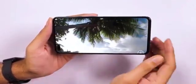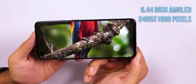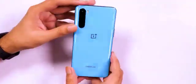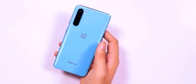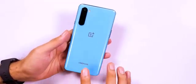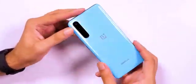As far as other core specs like RAM and storage are concerned, the Nord would be available in 3 variants. 6GB with 64GB, 8GB with 128GB, and 12GB with 256GB. The base model with 6GB RAM and 64GB storage, UFS 2.1, is a special India-only variant in fact. A 4100 mAh battery powers the phone, and in true OnePlus style, supports 30W fast charging, with the Warp Charge 30T charger in the box that promises to juice up the battery to up to 70% levels within half an hour. With a starting price of $350, the OnePlus Nord does come across as an extremely attractive option,